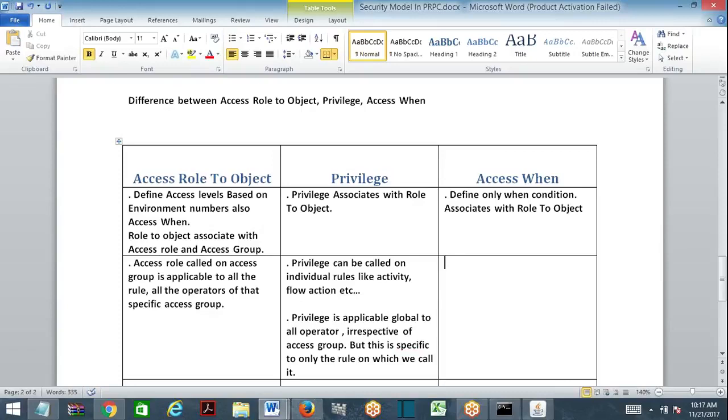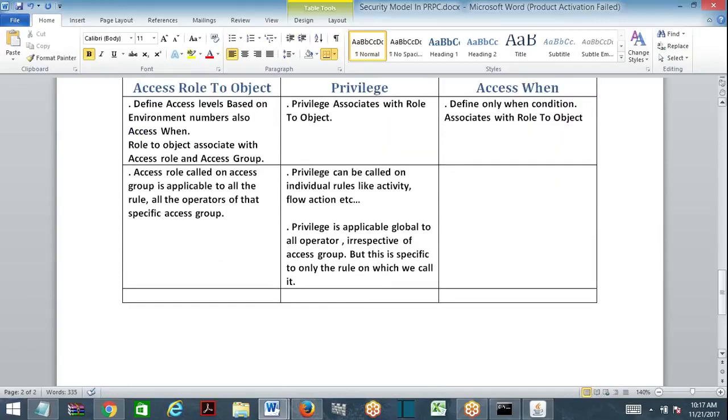Now access when, leave it. There is no comparison here in this point. Okay, so next, what is this?